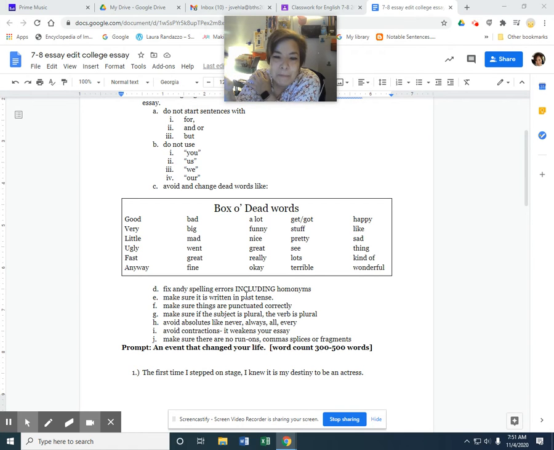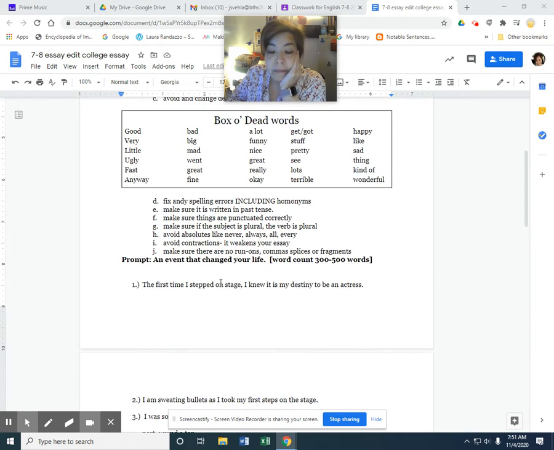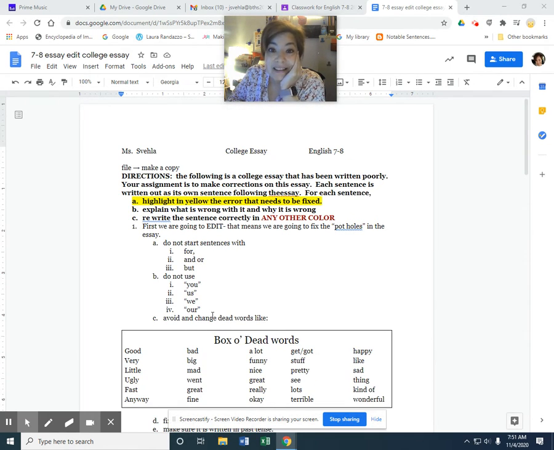The other way is by putting a period, but when you do that, you make the risk of making your writing sound choppy. So yes, there is a third way, but it's the less preferred way. And then the last thing, and I accidentally skipped this, is the subject is plural. You want to make sure that your verb is plural, okay? So those are the major things that you're going to look for. Now, what I've done is I've written this essay out, and I've written it out each sentence as its own sentence.